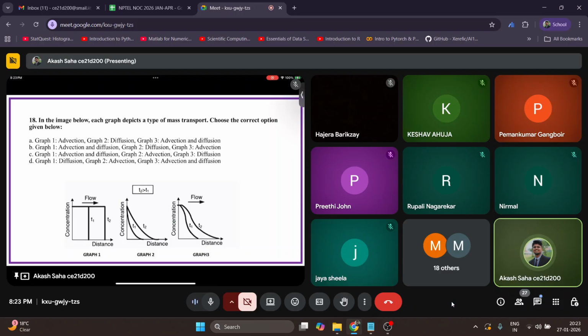Whereas if there is advection plus diffusion, some part will be advected easily, whereas there will also be some change in the concentration. So you can see a slight bend in the concentration profile. I think this is very easy to understand. In advection, no change in concentration. In diffusion, there will always be a decreasing trend. And in advection and diffusion, there is a mix and match.